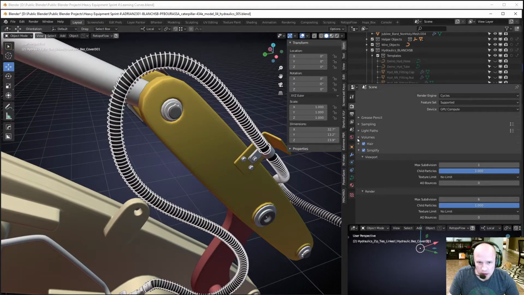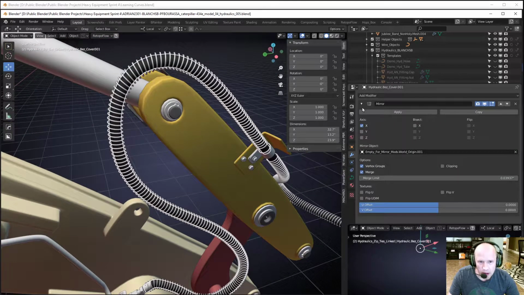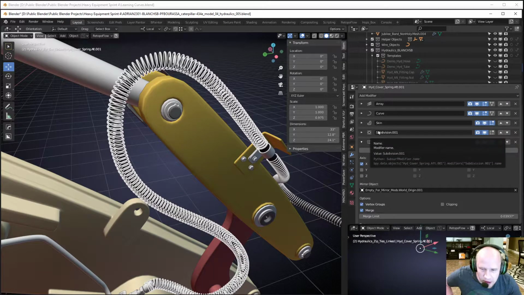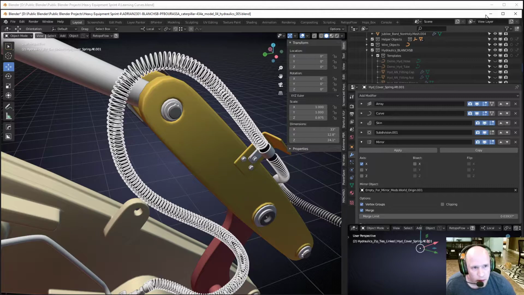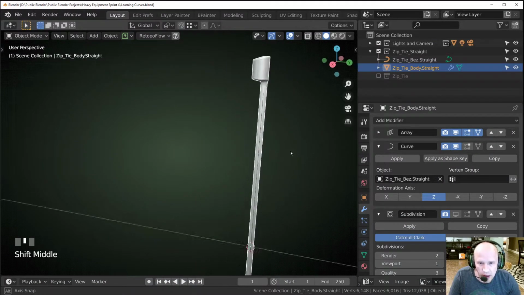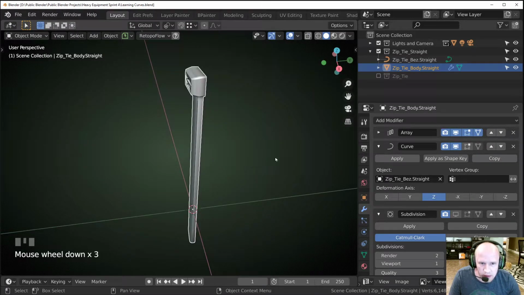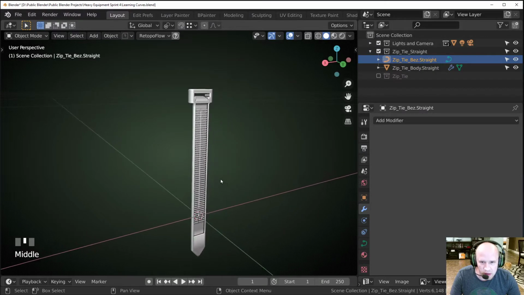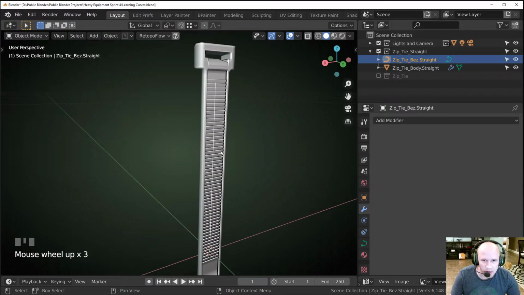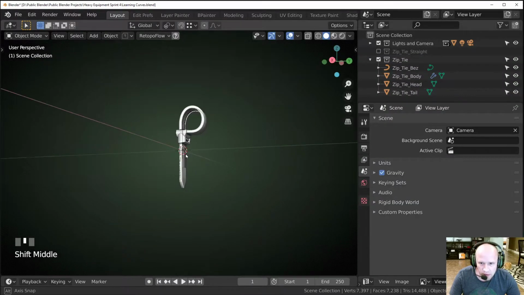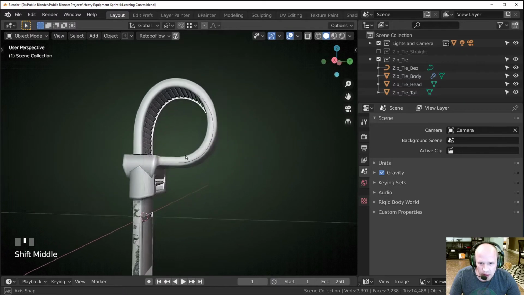So I thought that was pretty cool, and I wanted to at least share that. I got that from a different posting, but we want to talk about the zip tie more. So how did I make this zip tie? Well, I'm making use of the curve modifier, and right now I'm meshing this zip tie body to just a straight Bezier curve. But what we want at the end of the day is a zip tie that is obviously dynamic, and as I move my curve around,